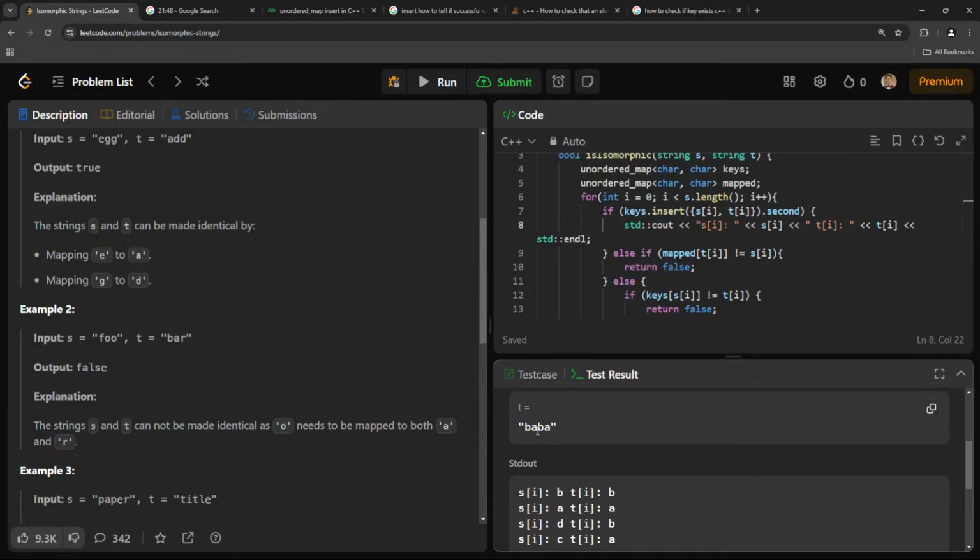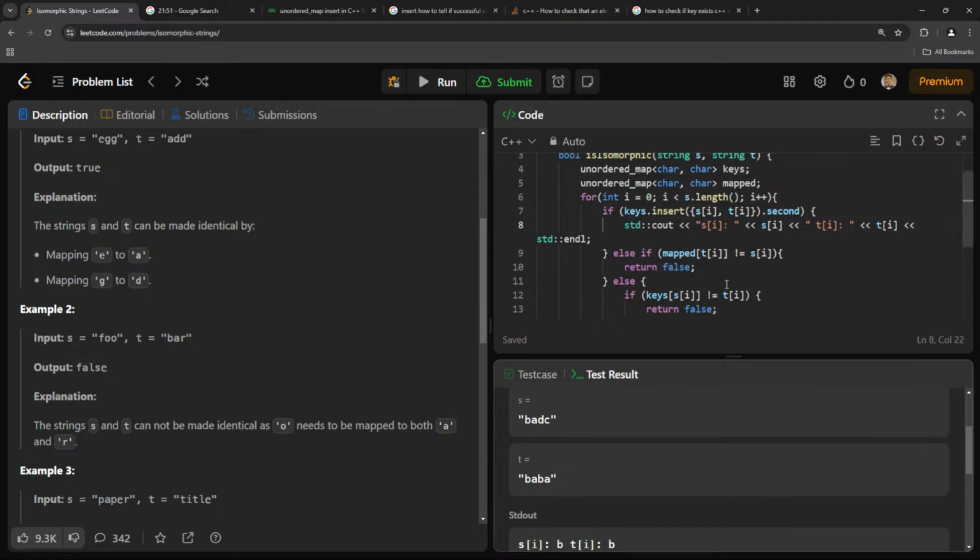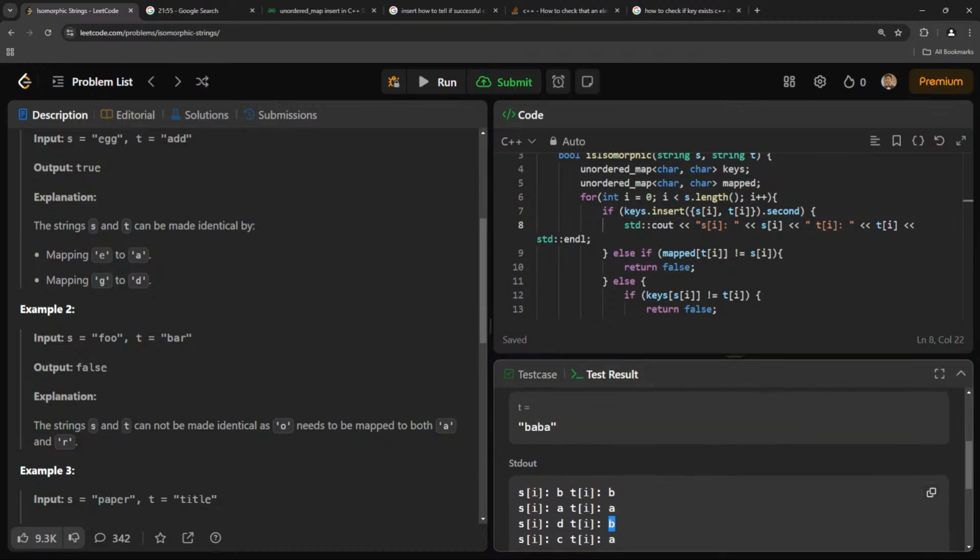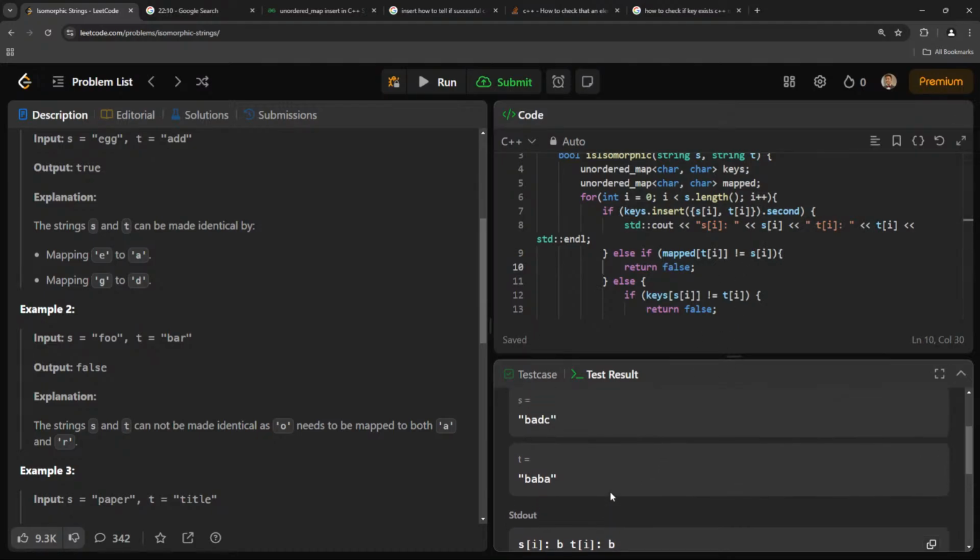So at B, mapped at B of T of I, mapped at B does not equal... mapped at B is D. B is D does not equal